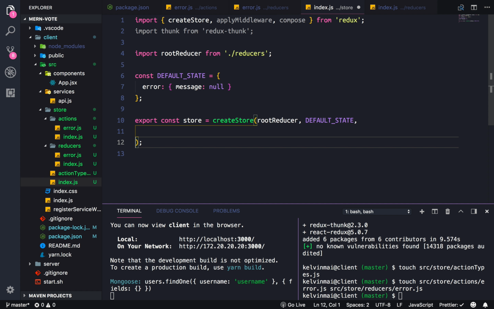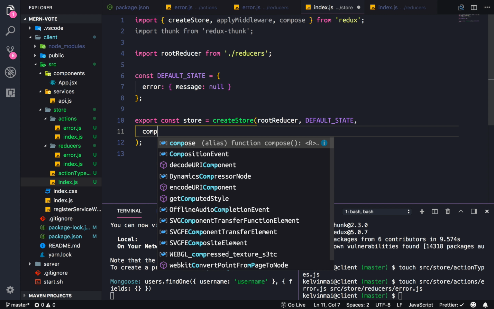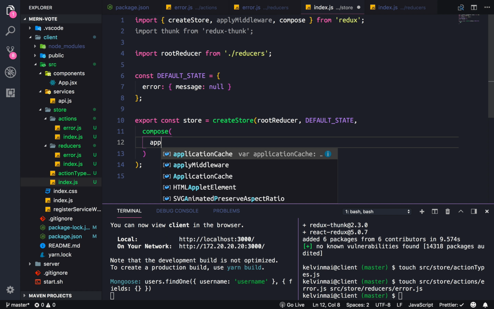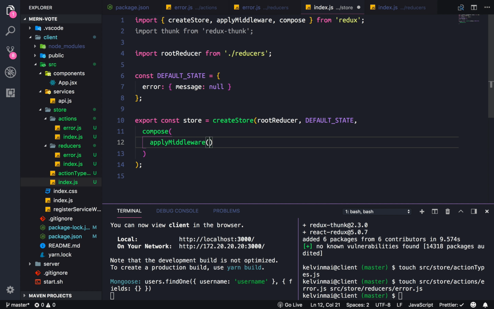It's optional, but it's necessary when you add in Redux middleware. Compose will turn all the middleware into one object, so that it can be used as one parameter. And then we're going to do applyMiddleware of thunk, as well as the Redux Dev Tools, which